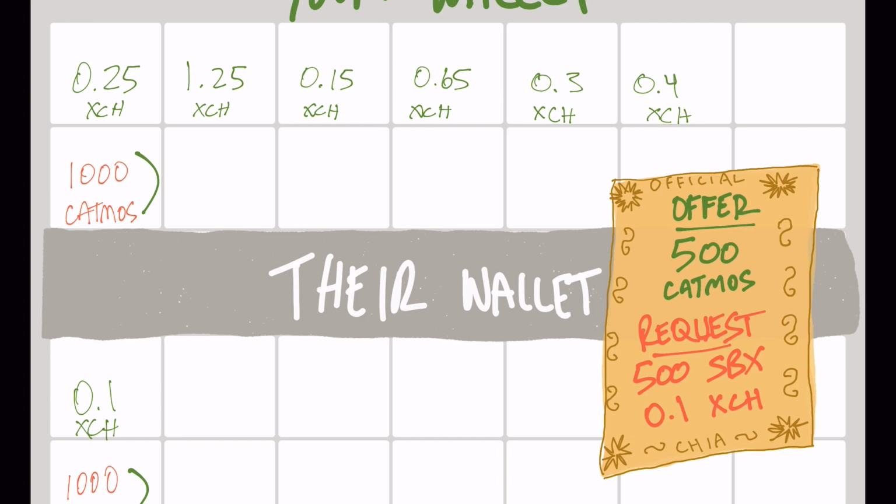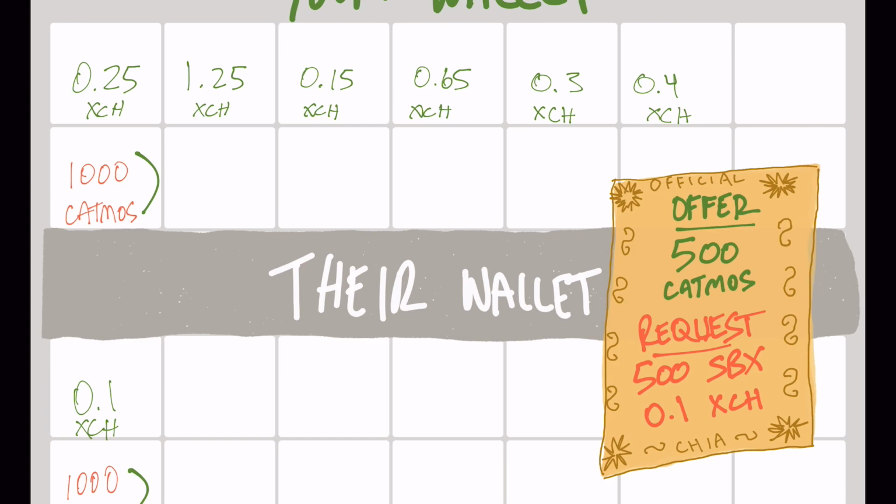So I would like to make an offer. I would like to offer them 500 of my CATMOS, and I want back 500 Space Bucks, but I also want back that 0.1 XCH. Now, of course, I don't know that they have that. I'm just using this as the example. But I know what I've got. I think my CATMOS is worth it, so I think I can get 500 Space Bucks and 0.1 XCH for